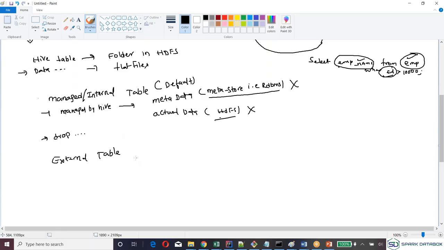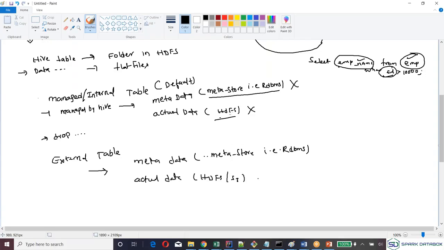When it comes to the external table, it is the same process. When you create a table, the metadata will go to the metastore, which is like your RDBMS, and the actual data will go to HDFS or S3, whatever you refer to.